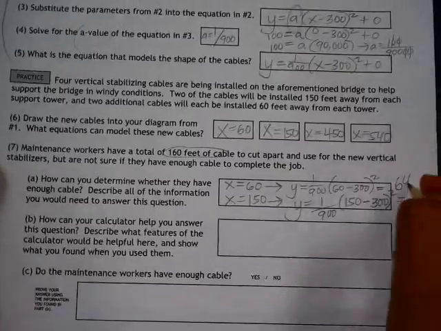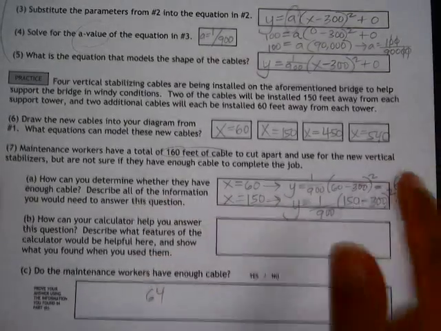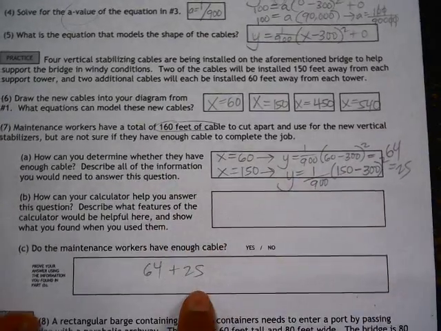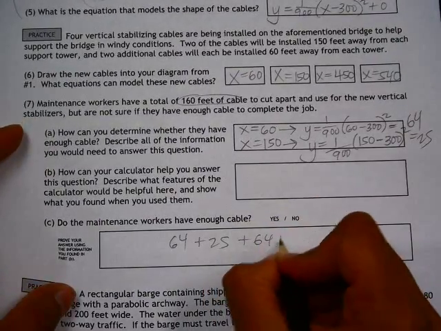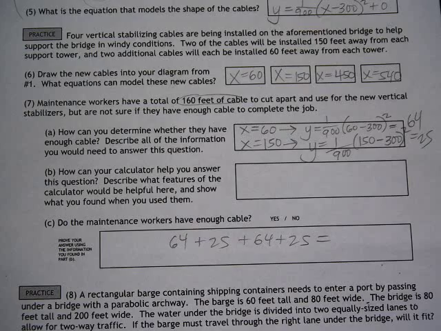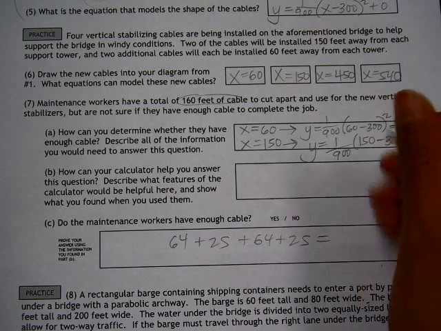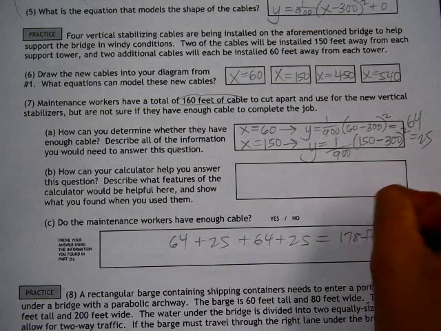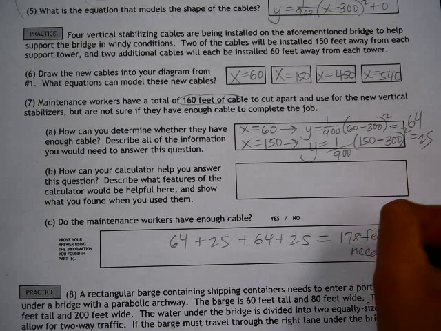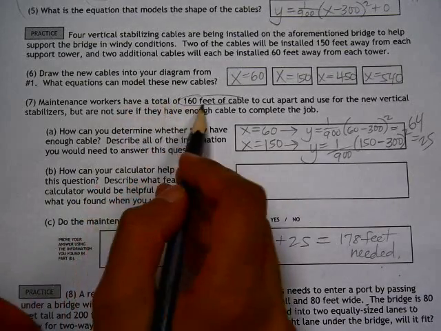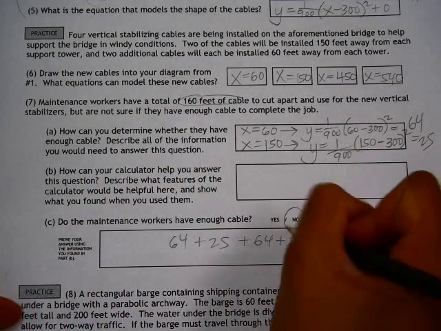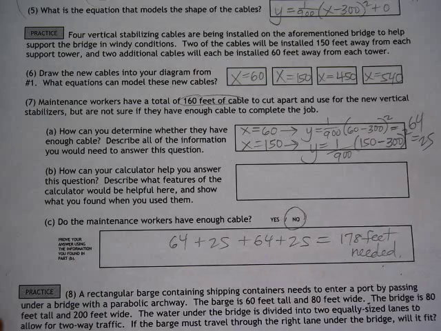So if we look at the total length of all 4 of these and answer the question, do they have enough cable, I have 64 feet plus another 25 feet, plus these two, which are the same length, so plus another 64 and another 25. If we add all that up, that's 178 feet that are needed in cable. However, originally the maintenance workers only have 160 feet of cable, so this is a no, not enough cable